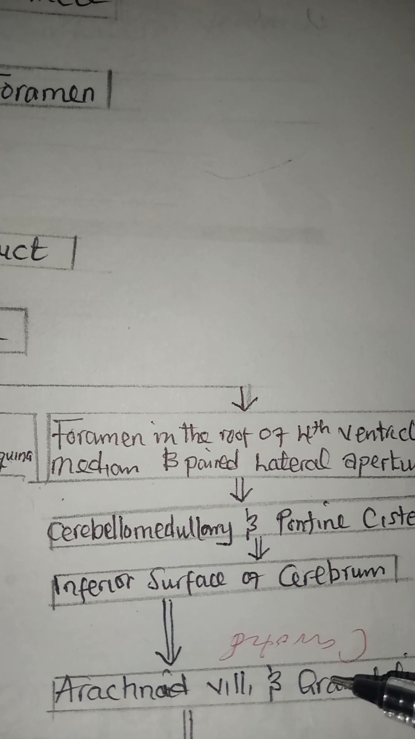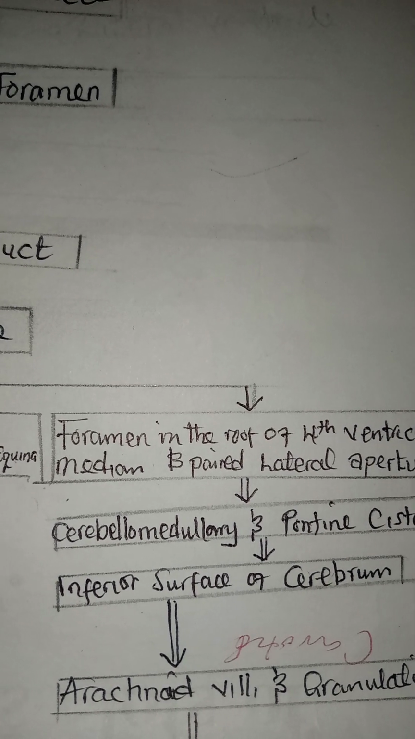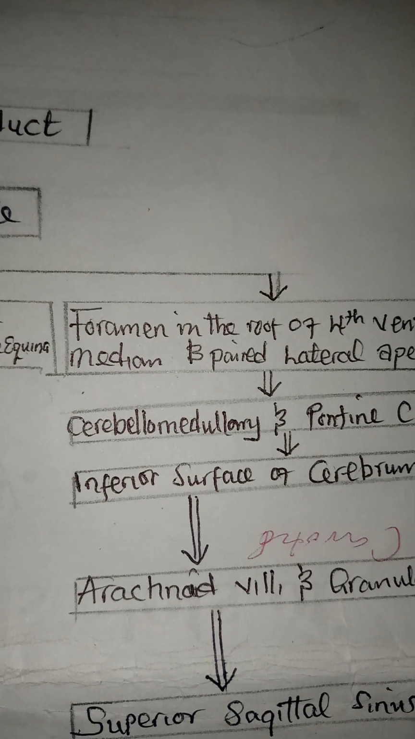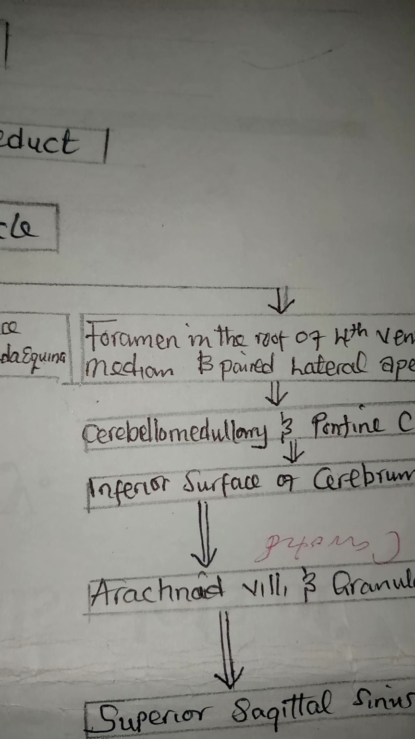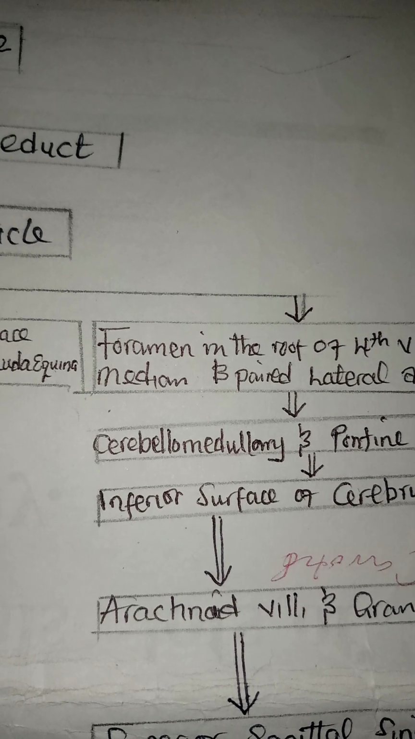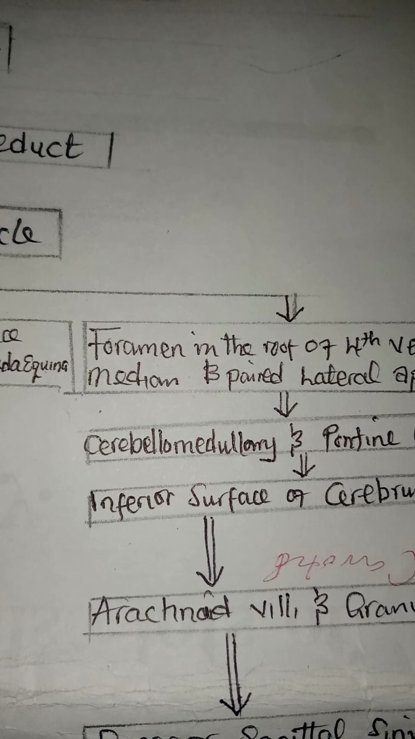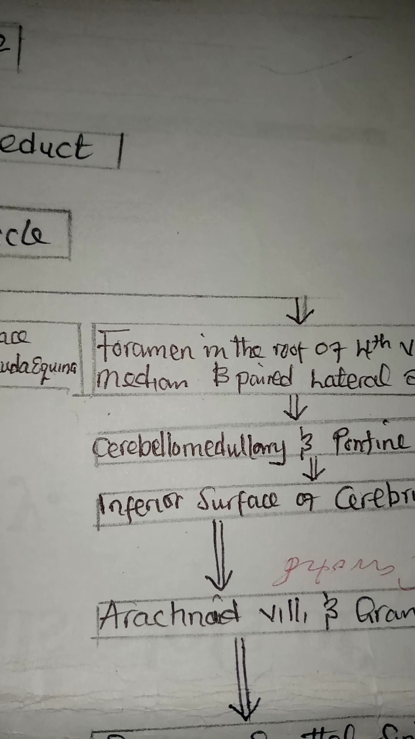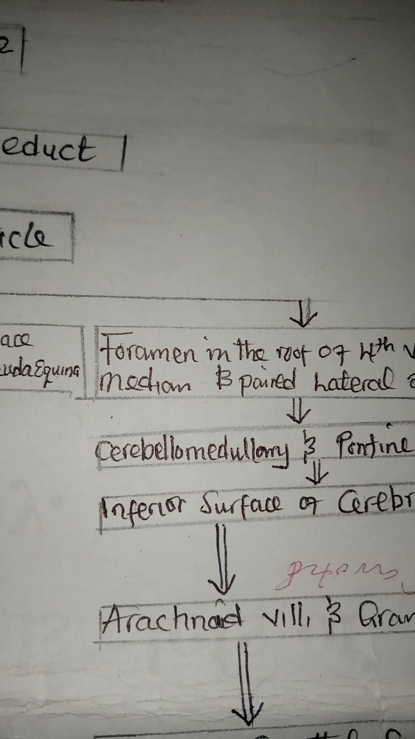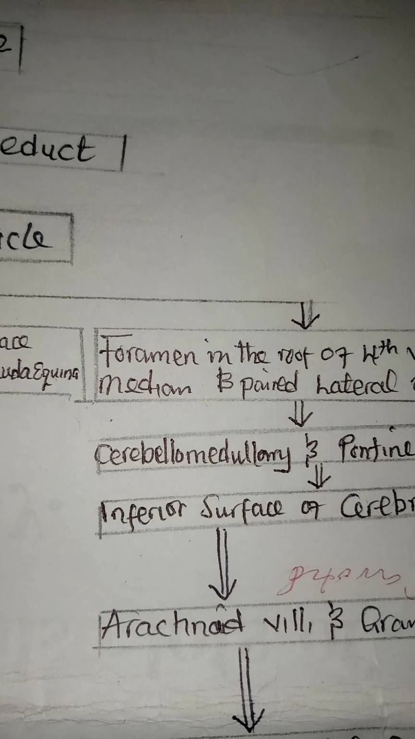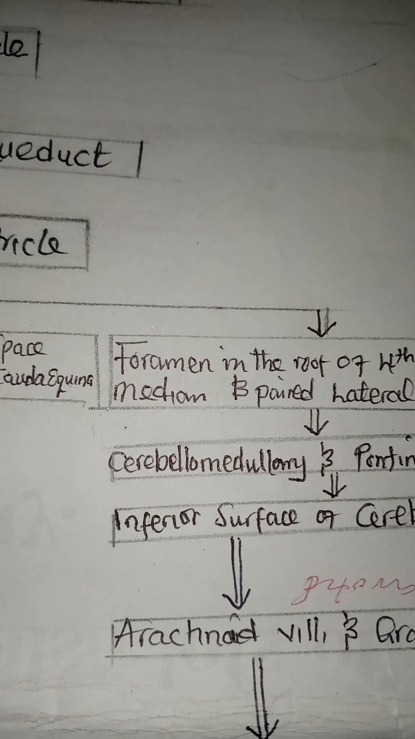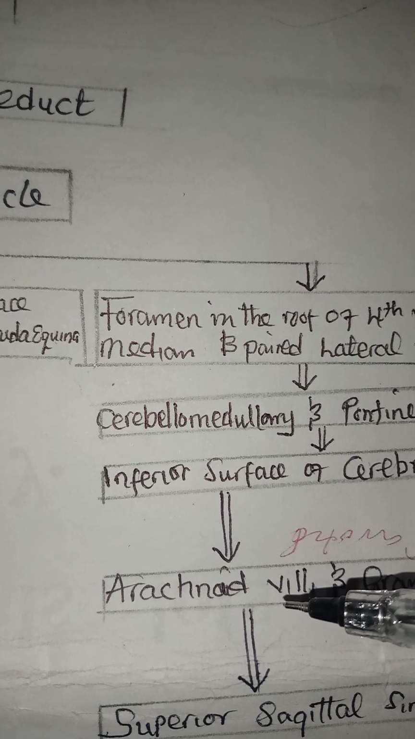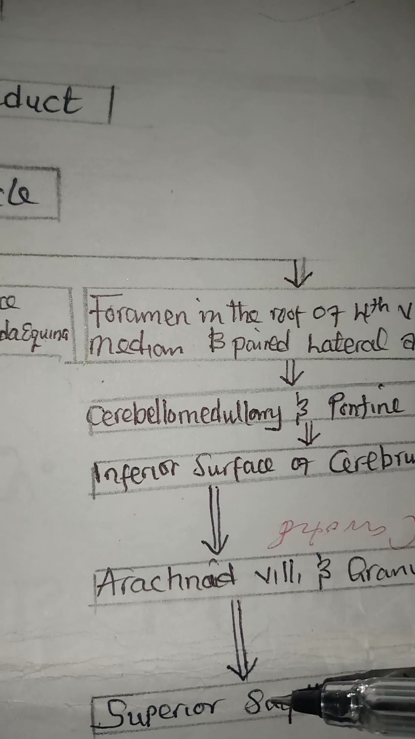So these arachnoid villi and the granulations project into the superior sagittal sinus. Okay, so the superior sagittal sinus, basically these are the dura mater, okay, dural sinuses of the brain, and these eventually drain their content into the jugular vein. Okay, so in short, from the arachnoid villi, once it goes to the superior